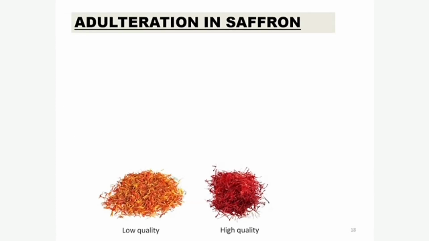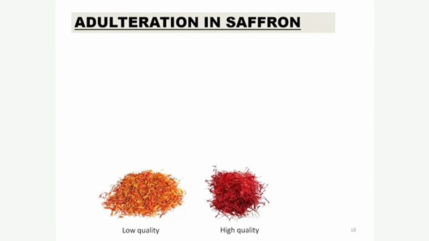Further, we discuss adulteration in saffron. Saffron, as we know, is a valuable spice with a distinct aroma, flavor, taste and color, and it is subjected to various adulteration due to its high economic value, limited worldwide production, and increasing demand. Adulteration in saffron not only degrades the product's quality, but also has a destructive effect on both health and